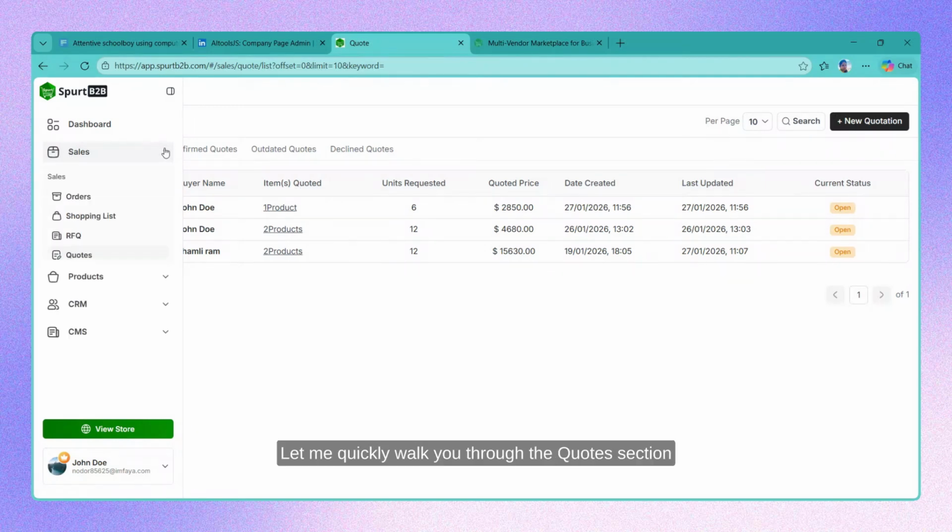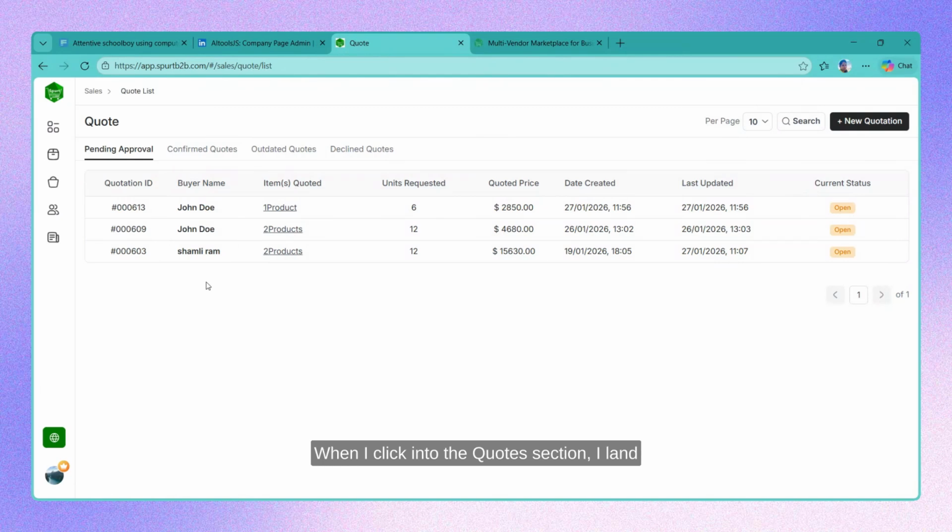Hello everyone, let me quickly walk you through the quotes section under the sales tab. When I click into the quotes section, I land on a screen that shows all quotes currently pending approval. Each row here represents a single quotation. The current status of all pending quotes is open, which means the buyer has not taken any action against the